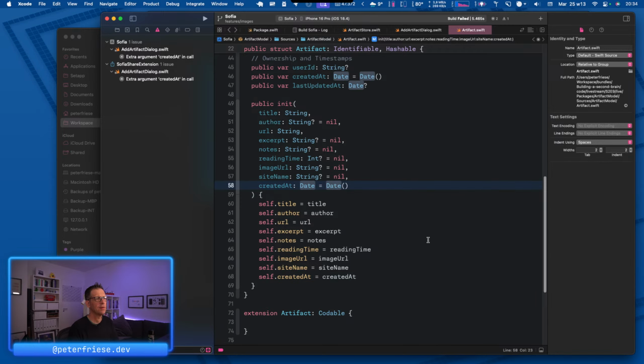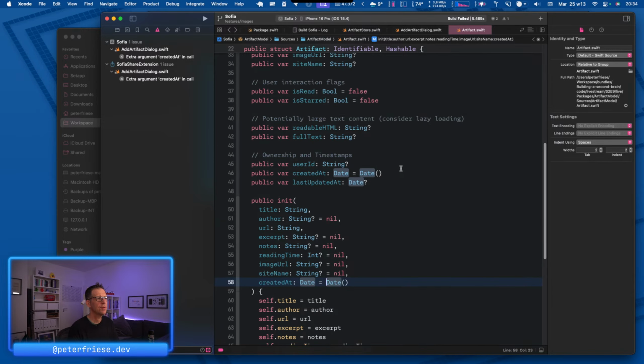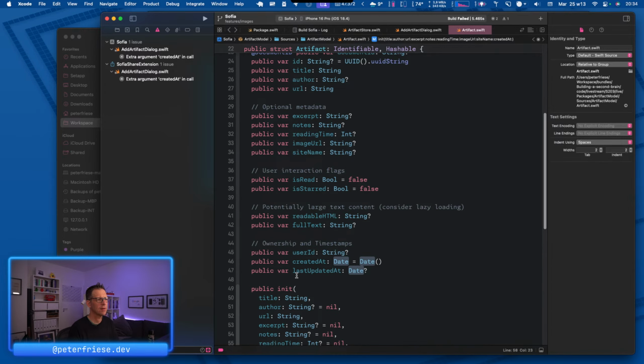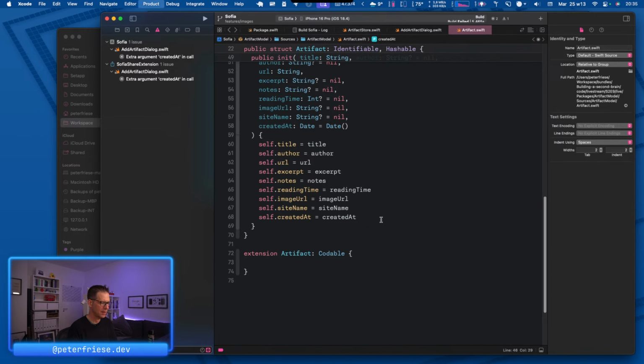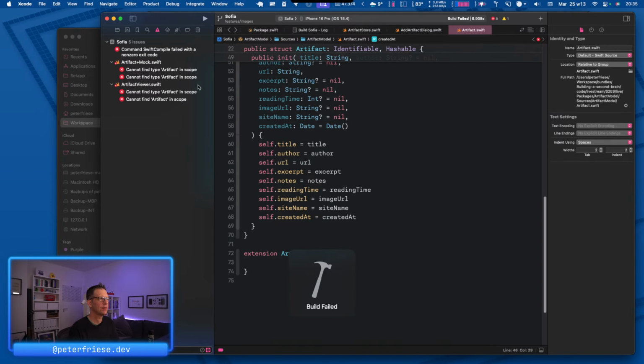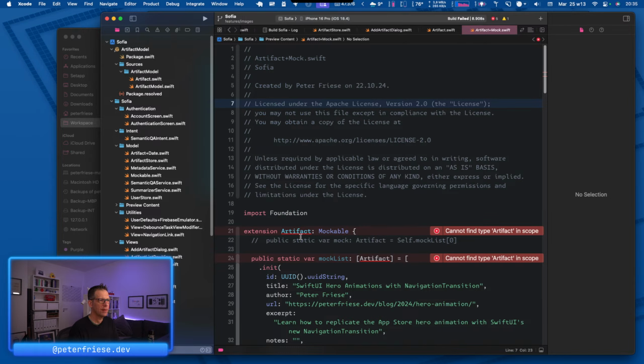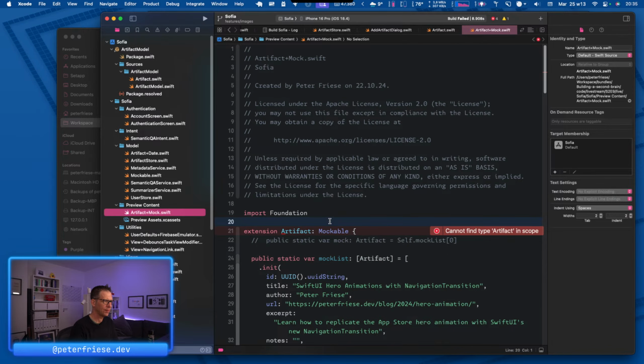So this provides a default value. Does that make sense? I think it does. Okay, so this is resolving. Now we have a couple more errors. So what we can do, preview content. Yeah, let's